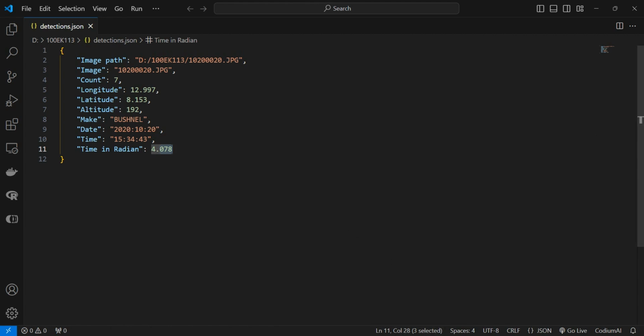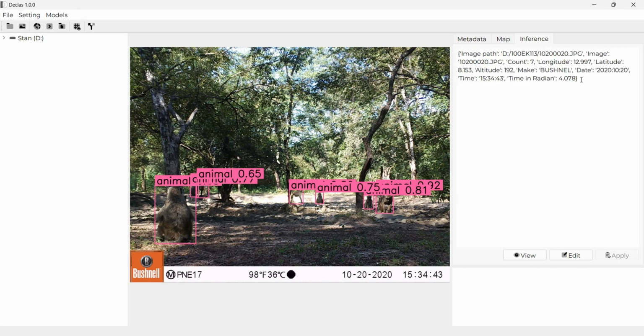What I really want to show you is how we can edit the output. If I come here, you can see I have this option, edit. If you want to change the value or the count, maybe because the model incorrectly detected the number of animals on the image, you click on the edit button and change the value here.